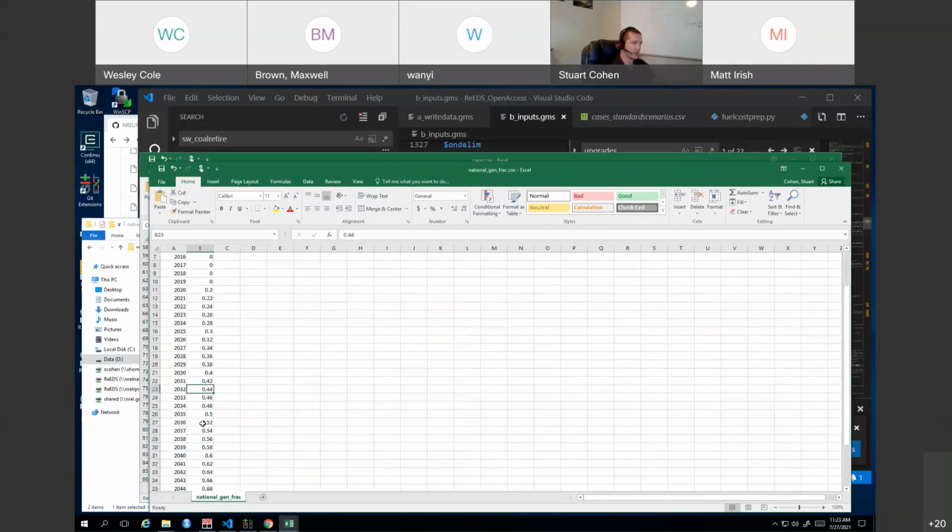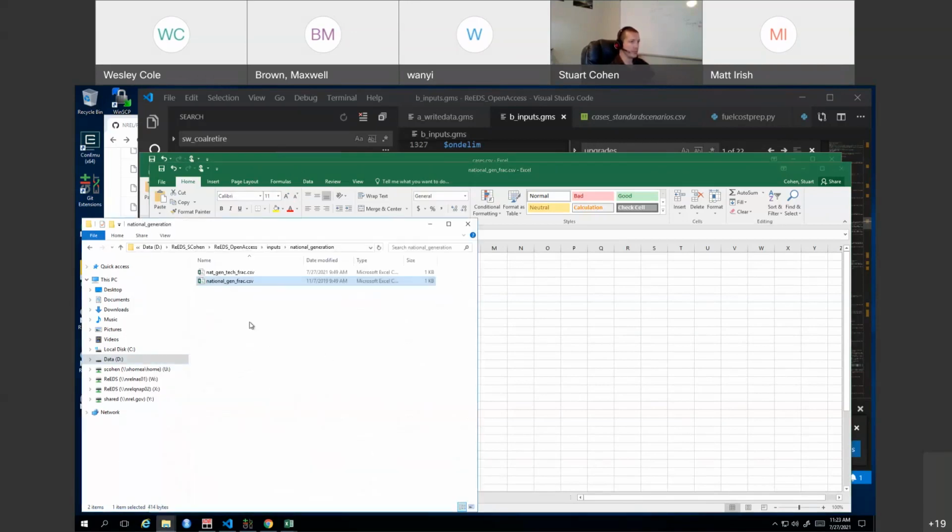So this is saying like 80% of generation in 2050, and you've got to have a number for every model year at least, which is why this is every year. The 2021 version is a little bit different. We actually have multiple columns for different scenarios, and then there's a second switch that allows you to pick which column to use. So that'll be a little bit different, but same idea, just a little bit easier to run batches of different